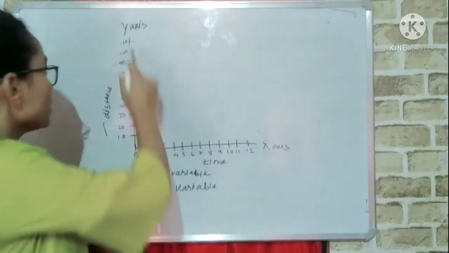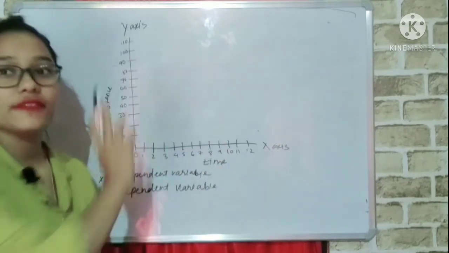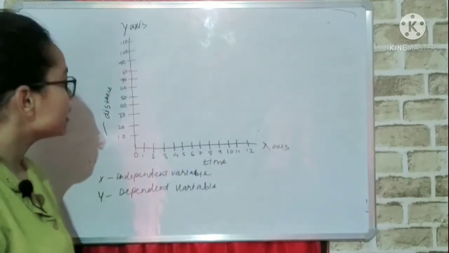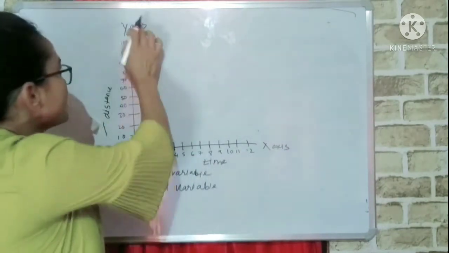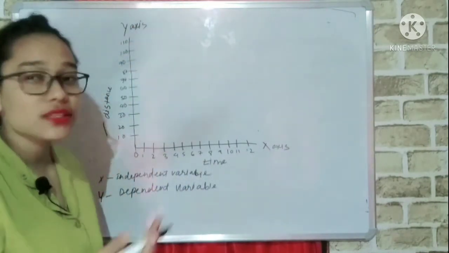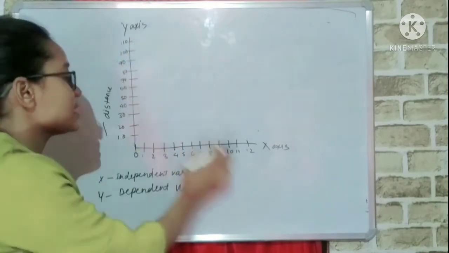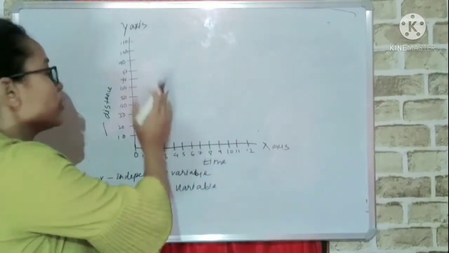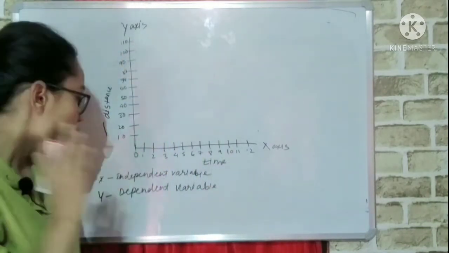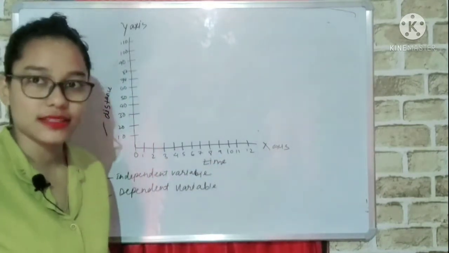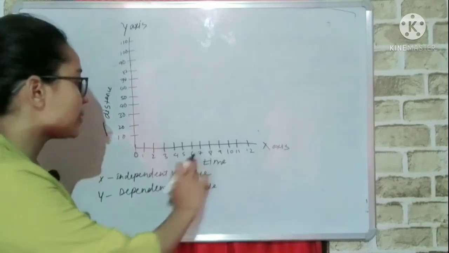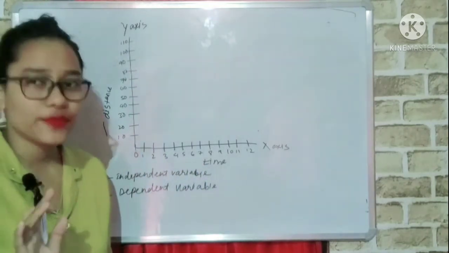So here I am making a line graph of the distance-time graph. See, here I have written time on the x-axis and distance on the y-axis. Why is it not the other way around, distance on the x-axis or time on the y-axis? Because we always write the independent variable on the x-axis. Independent variable means what? Time. Time does not wait for anyone, right?